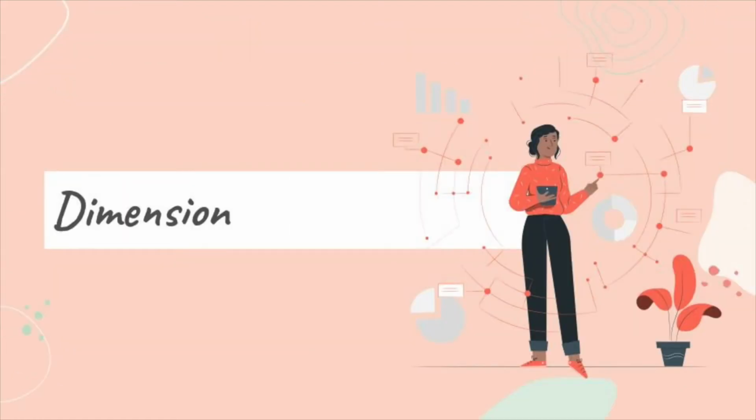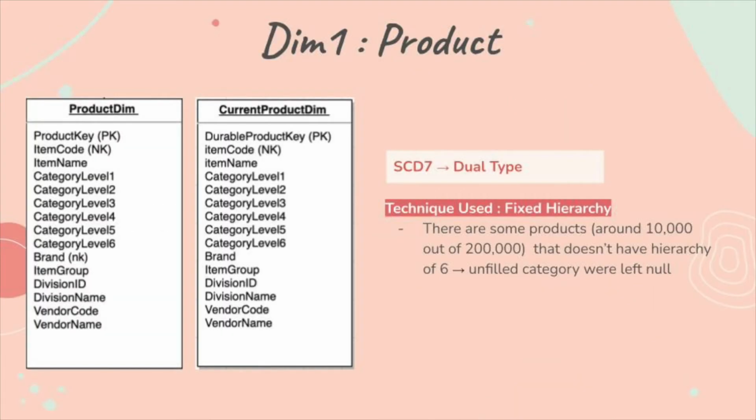Next, let's have a look at each dimension in a little bit more detail. The first dimension is the product dimension, describing information about each item sold at the retail store. This table also contains information about product category, and since more than 90% of the product have 6 category levels, we decided to use fixed hierarchy and add 6 columns for each category. The maximum number of categories is 6, so the product with less than 6 categories will have some null value